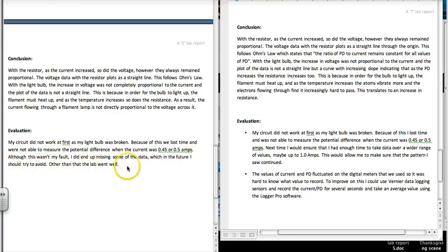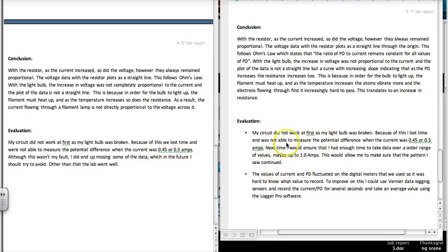Other than that, the lab went well. So I've elaborated on that. My circuit did not work at first as my light bulb was broken. Because of this, I lost time and was not able to measure the potential difference when the current was 0.45 or 0.5. Next time, I'd ensure that I had enough time to take data over a wider range of values, maybe up to 1 amp. This would allow me to make sure that the pattern I saw continued beyond the range of 0 to 0.3